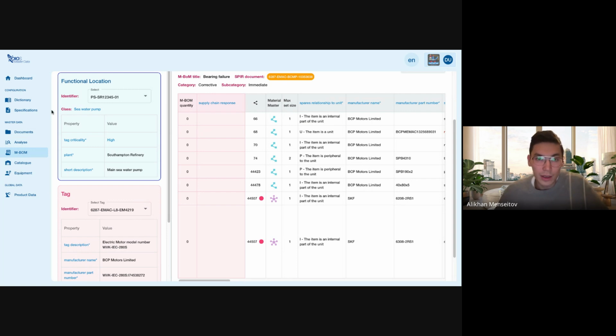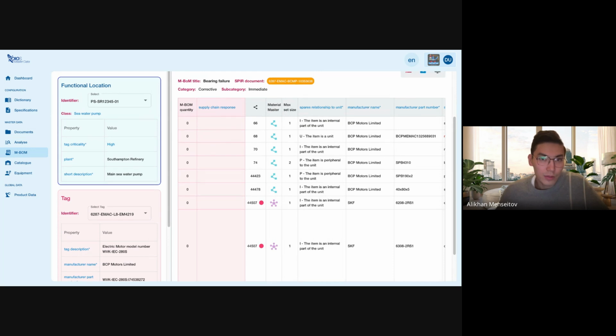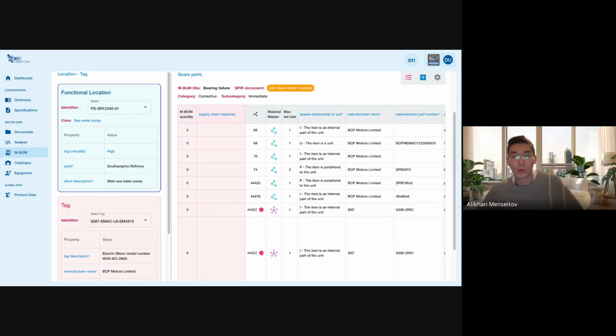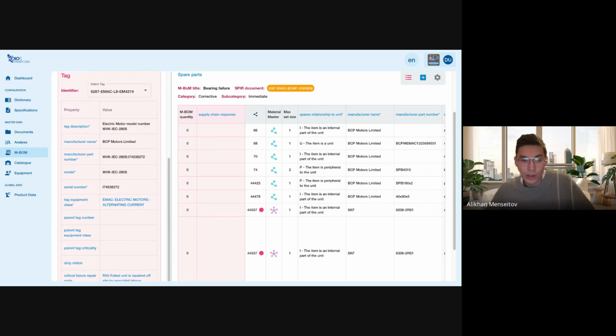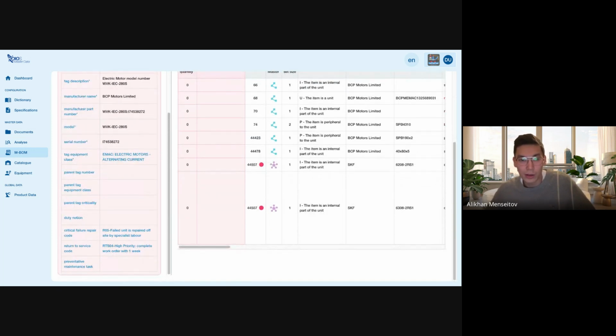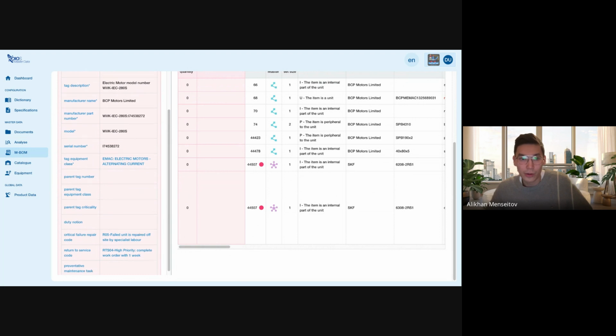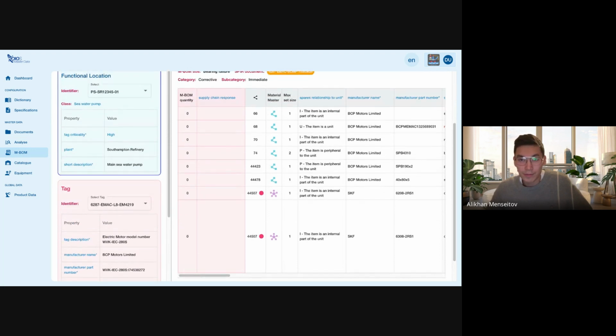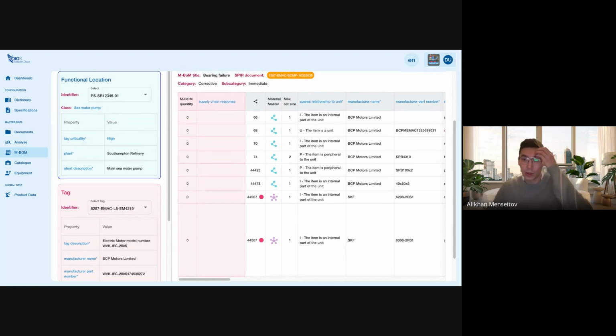However, one key thing that manufacturers don't know that we allow you to see is that once you've assigned your critical failure repair code, so for example here we can see that we said that, okay, this failed unit is repaired offsite by specialist labor, and okay, that means that clearly we're not going to repair it on site, and we're not going to do it ourselves, so there is no need to actually keep in stock any of these spares for this action. And this immediately solves us